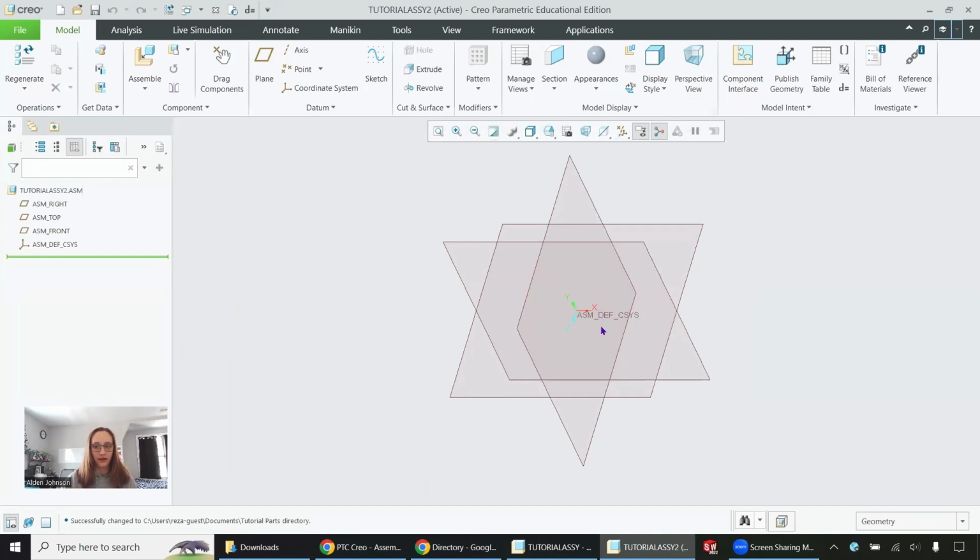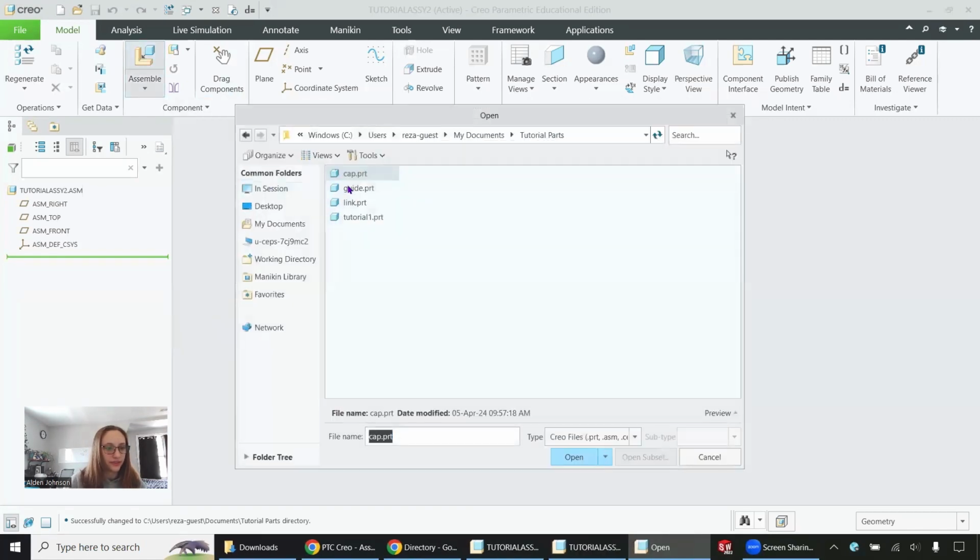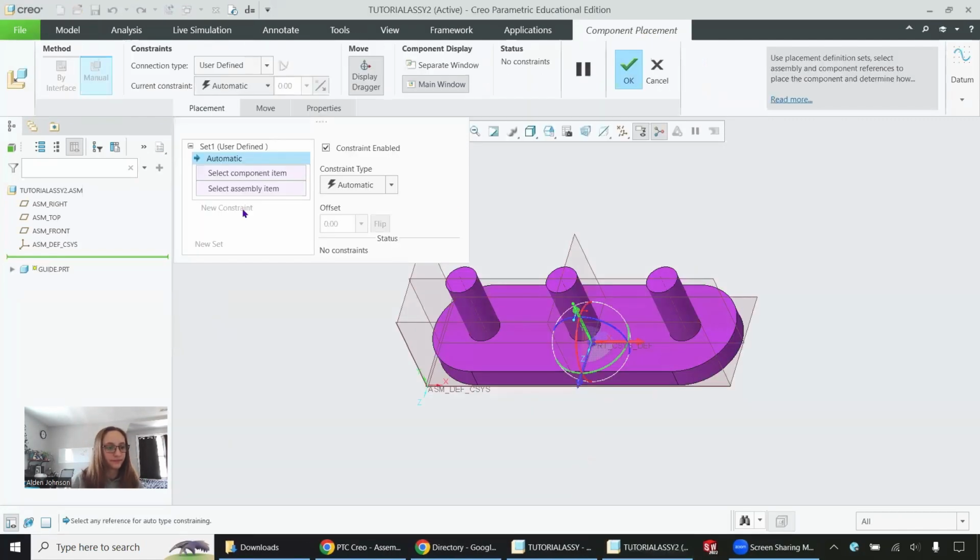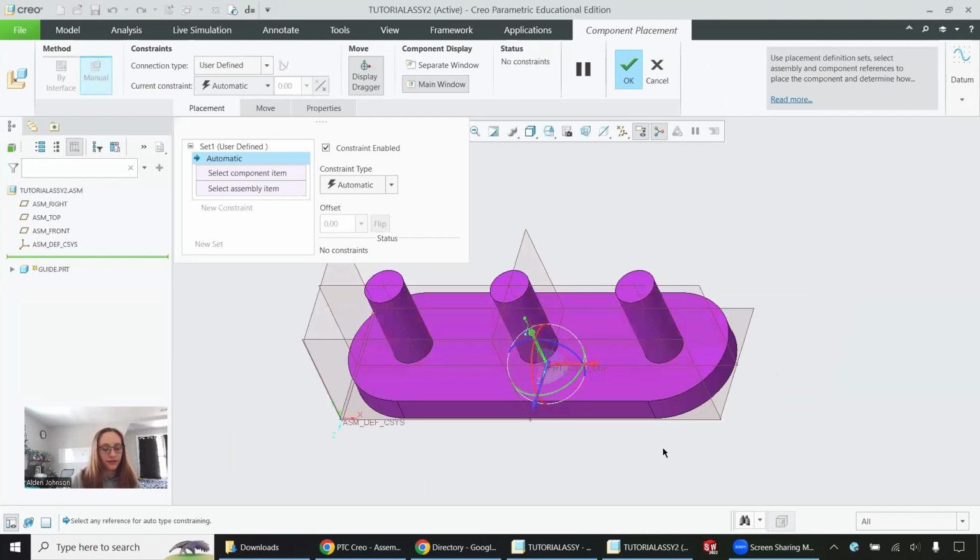Typically, your ground is not going to move. It's going to be completely rigid. In this case, my ground is my guide. Any part that you import is initially going to be purple. Also, you're going to see this 3D dragger here, and you're going to see that the color aligns with the